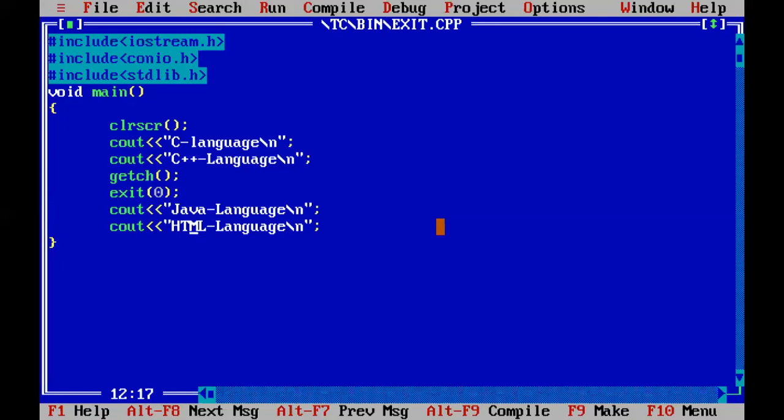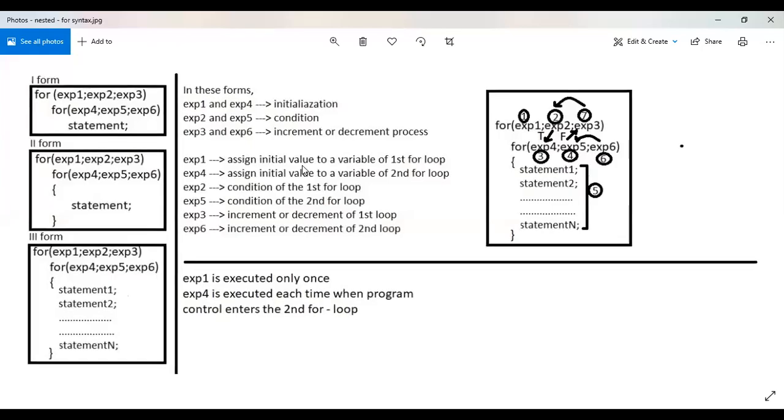I will share the screen and explain, because here I'm sitting in the classroom and the board will not be visible properly. Is this screen visible for all of you?